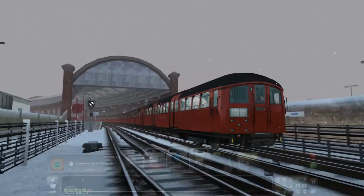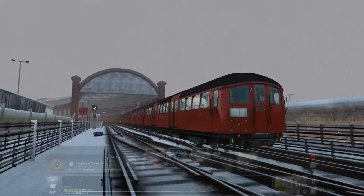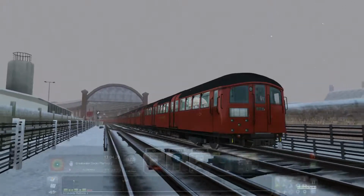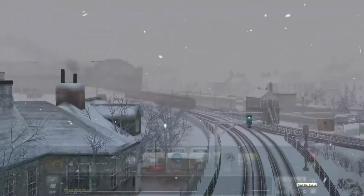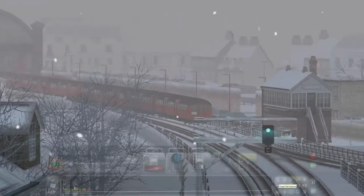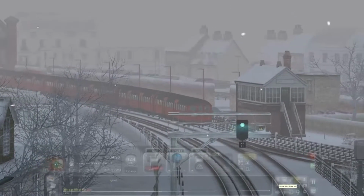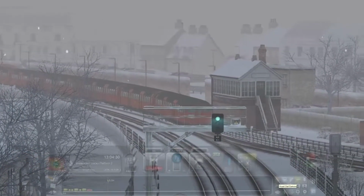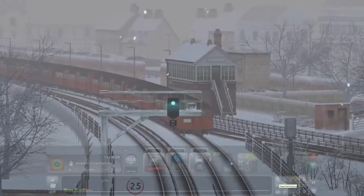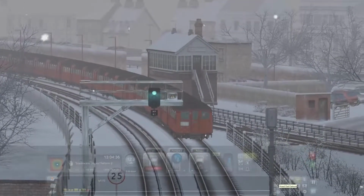25 miles an hour out of here. We'll go for a scenic look now. Now it doesn't really matter where I'm going or how I'm going because I'm on quick drive mode, which you can drive this train in quick drive. It's no problem on this fictional track. So we'll just let it run and